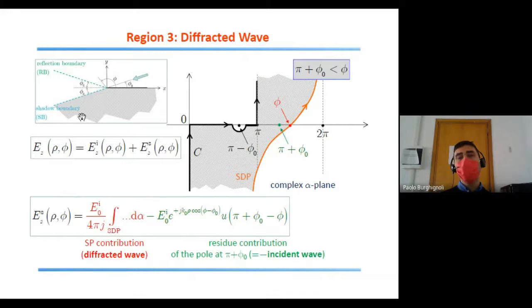So this means that beyond the shadow boundary, we have this green term that offsets, that is, it cancels exactly the incident field. Okay, so the total field in this shadow region is made up of the diffracted field only. So what penetrates in the shadow region is just the diffracted field, and the terminology is, of course,